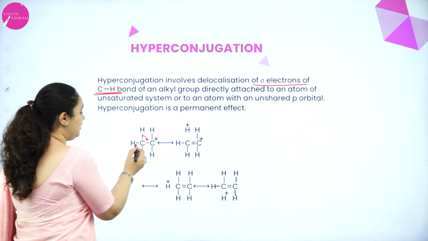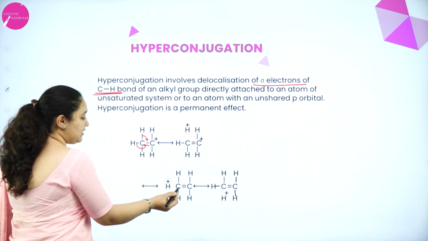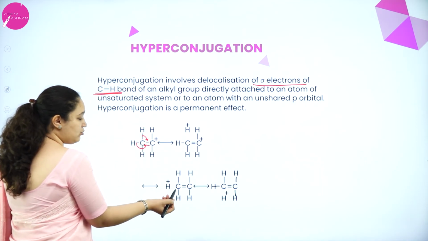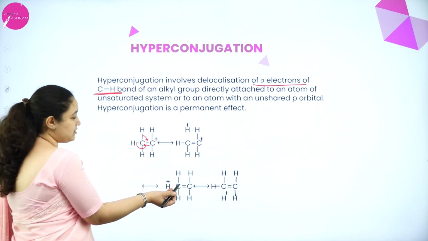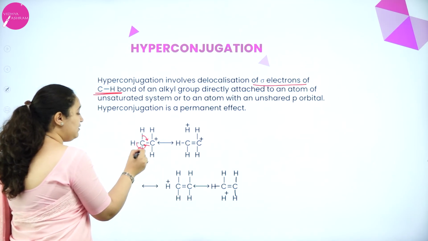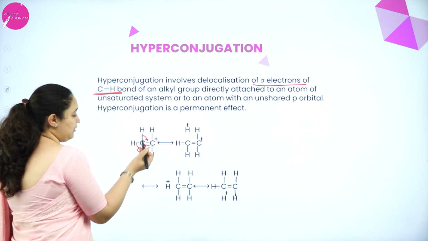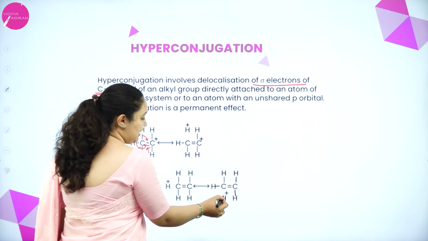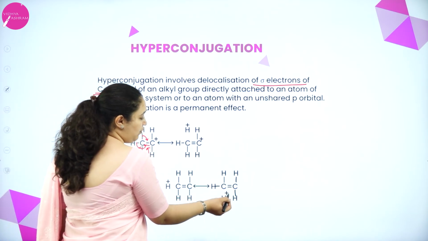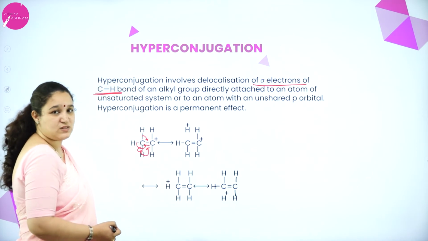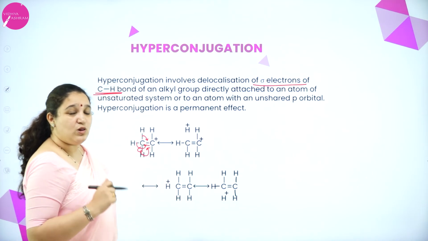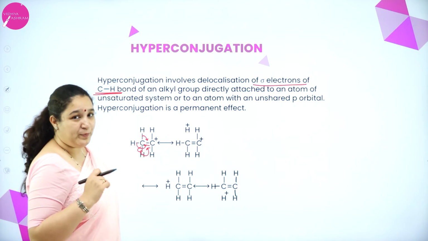If not from here, it can go from here. So there is no bond between this carbon and hydrogen, which got the positive charge, or it can be even through this one going to form the bond. So you can see carbon and hydrogen no bond and the double bond is formed, hydrogen is getting the positive charge. Or I can also explain in the case of propene.